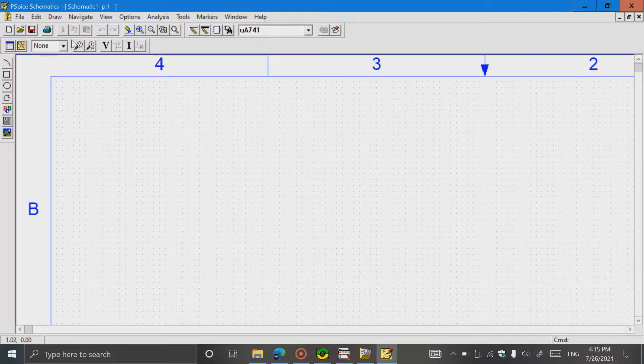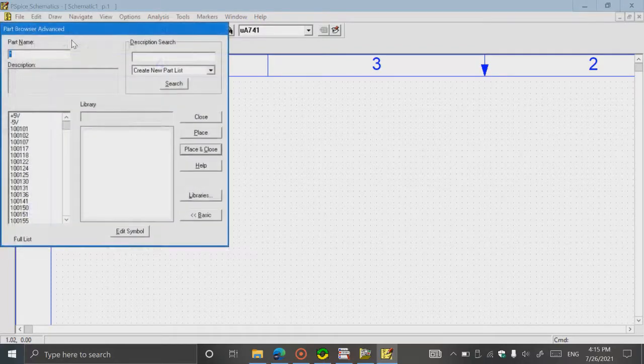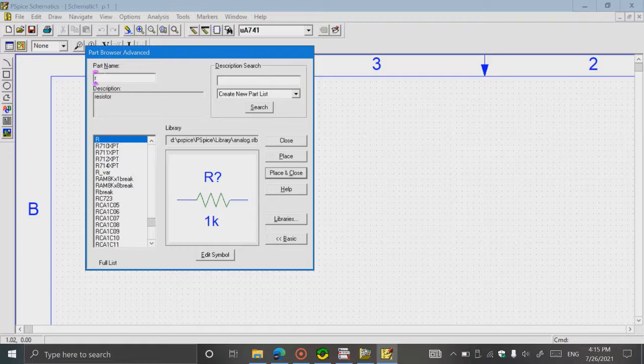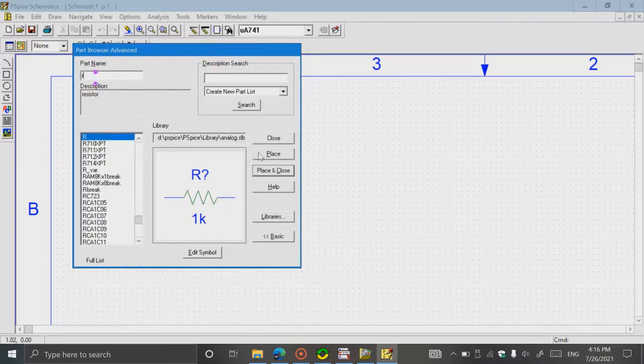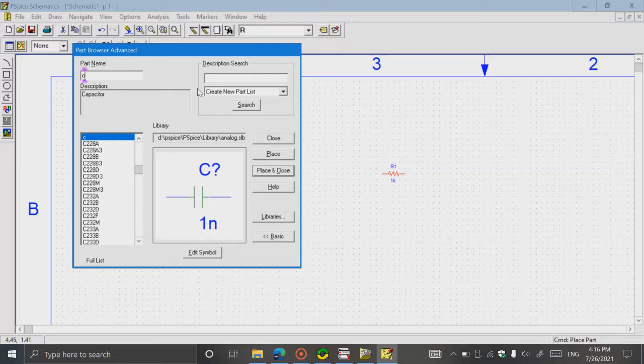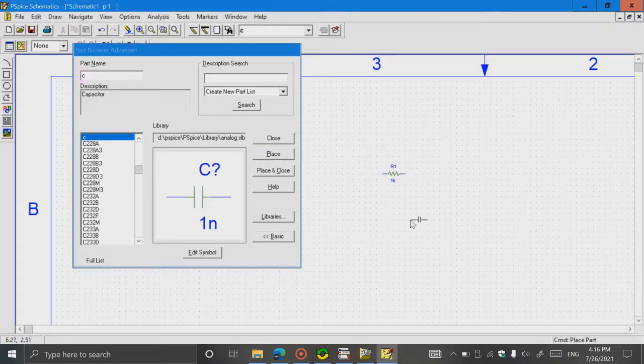For that we click Ctrl plus Z... to get the component space. As shown in the figure, we have a capacitor, a resistor and a voltage source. R is the resistor, so to get the resistor we click R. Here I place the resistor. For the low pass filter the capacitor is in a vertical position, so I have to rotate it by clicking Ctrl plus R. R means rotate.